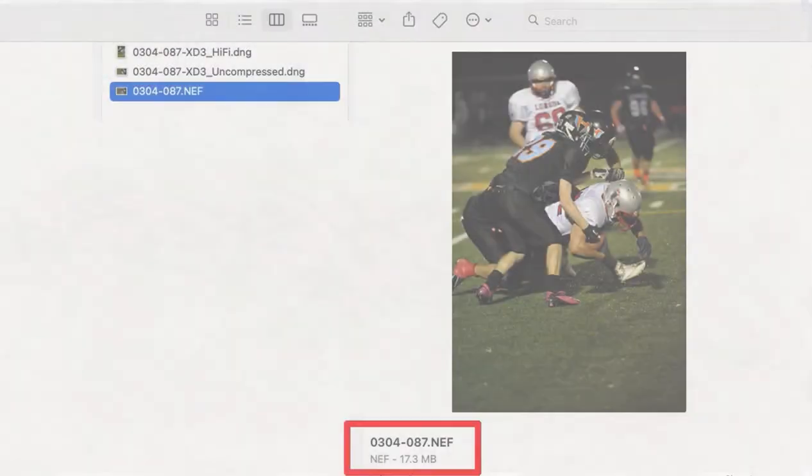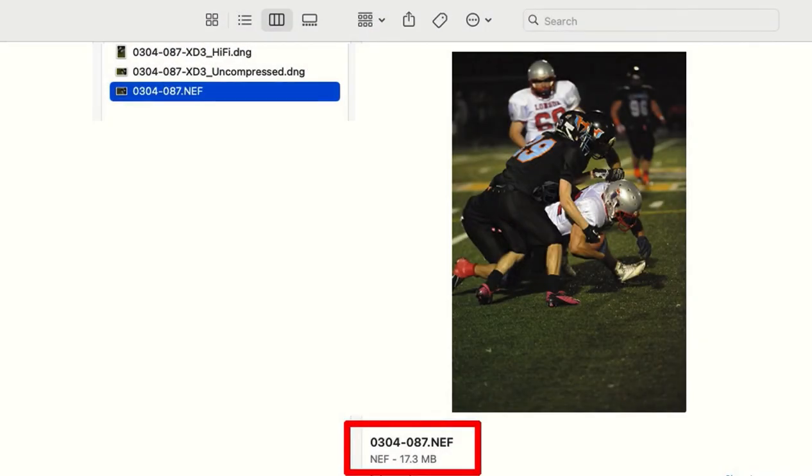Another one of the new features in PureRAW 6 and in PhotoLab 9.6 when it comes to saving out your files: DxO has come up with a high fidelity DNG compression. As you remember, if you were using PureRAW 5 in any iteration of version 5, when you saved or exported out your file, in this case a NEF file, as a DNG, we ended up with a really, really bloated file size. Just to give you an example, this NEF file from this particular camera resulted in a 17.3 megabyte